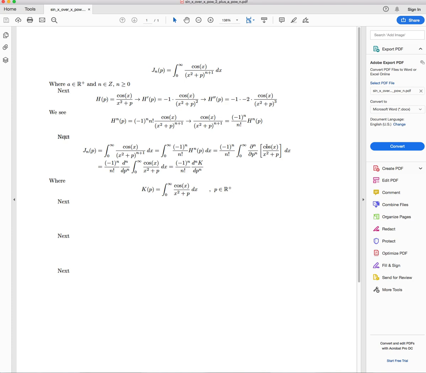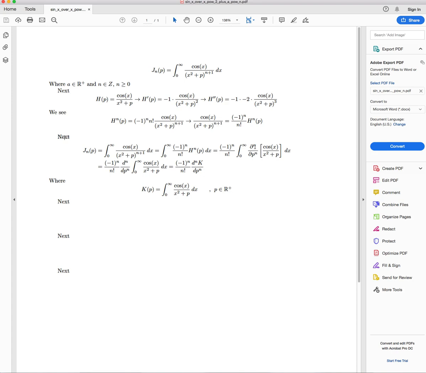In this case, it's the partial because we have x and p within the integrand of cos of x over x squared plus p dx. Now, there's a very famous theorem called Leibniz integral rule, which allows us, under special circumstances, when integrands follow a certain format, to be able to draw this out the front. So instead of taking the integral of the derivative, we can actually take the derivative of the integral, which is what we're doing here. Now, in case you're wondering why it went from a partial to a full derivative, sorry,